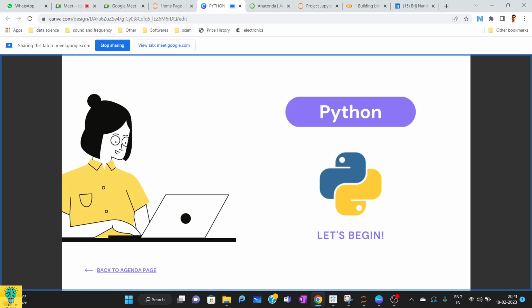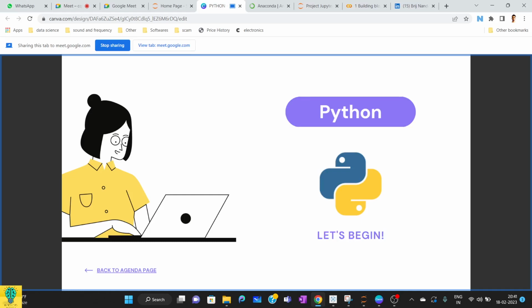Be it any computer language, C++, C, Java, don't worry. Every computer language is completely based on logic. So if you build up the logic, you will be able to code in any language. I'll try to help you build that logic. I have taught many students who are doing pretty good in coding now. I had students in Java, C++, and now I also teach Python. This is just a part-time hobby. I'm not a professional one.